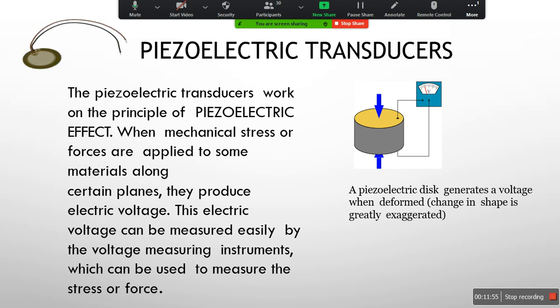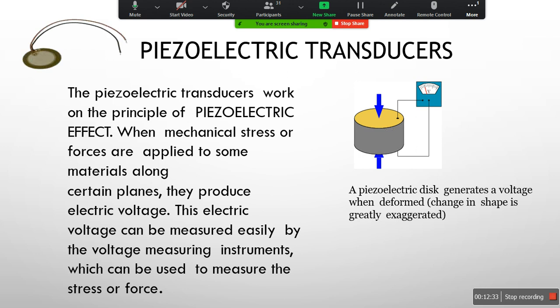So the voltage it gives indicates how much force you applied or how much mechanical strain. In most cases you cannot measure the strain or the force without these implementations. Just suppose you are applying force on some particular object, how can you measure how much force is generated? For that, these are the simple instruments being used. Now you may be wondering what is the need to measure the strain or the force.